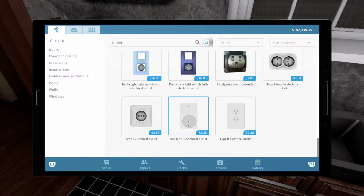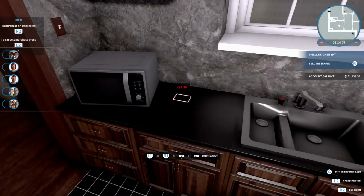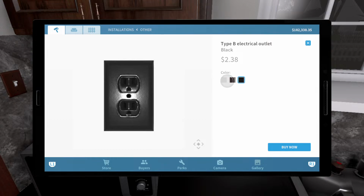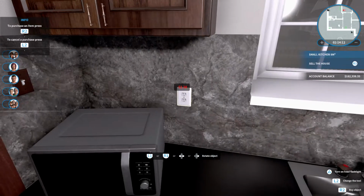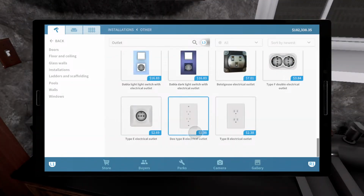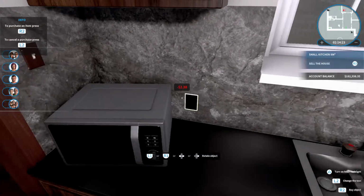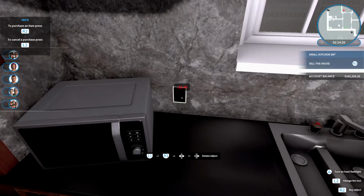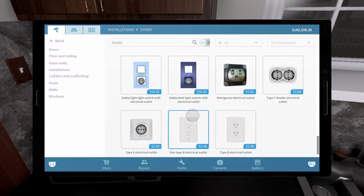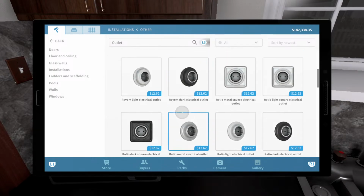And we're going to go all the way down, and I think we should do the classic, the type B, but we should do them in black. Just because they'll look, maybe the white. Yeah, they have to be white, I guess. I don't know. Let me see type A. I guess they have to be black. Yeah, I guess black will be fine. I don't know. White, maybe. Too bad you can't get wood. Let me see. I don't think you can get any wood ones. I haven't tried, but...